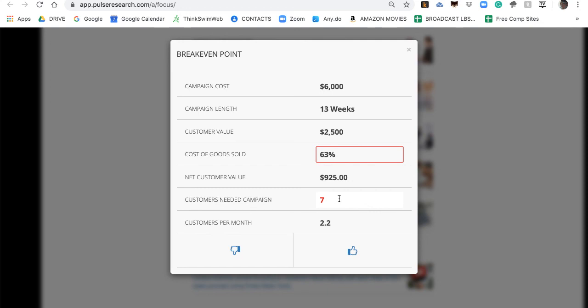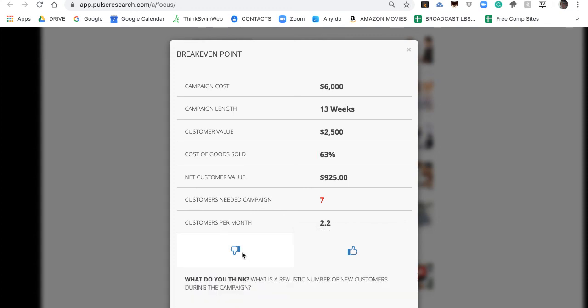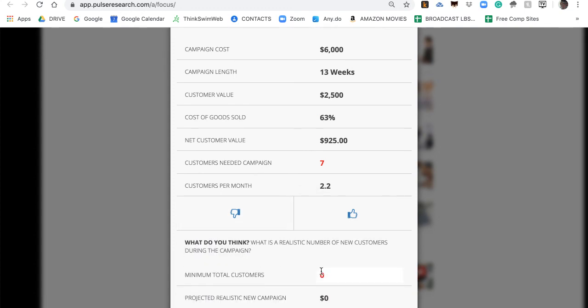Ask them, what do you think is the absolute lowest, fewest number of customers you're going to get over the next 13 weeks with this campaign? And go over the details of the campaign, okay? The consistency. And then ask them, once again, what is the fewest number of customers you'll get? Let's say the person says, well, I think I'll get 3, okay? 3 customers. Okay, well, 3 customers at $925 each. They had just agreed to a